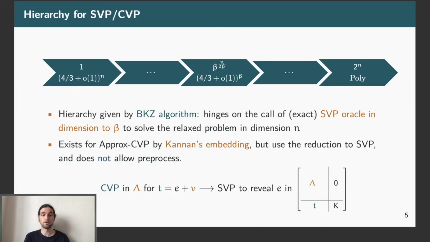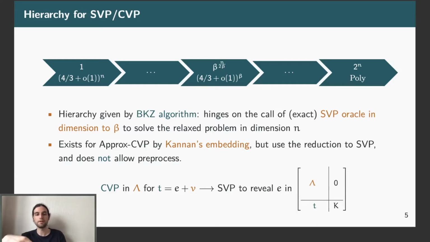If you want, say, to solve CVP in a lattice lambda for a target vector t that you decompose as some error e, which is small, plus a vector v of lambda, then you can retrieve the error e by finding the shortest vector in the lattice of the shape lambda, 0, t, and some constant k that you fix for technical reasons. So since you have a hierarchy of SVP solvers